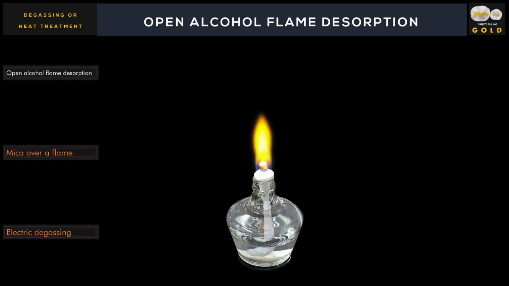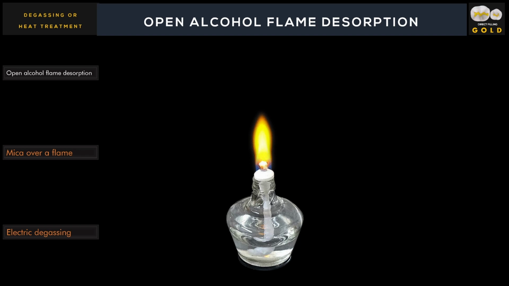Degassing is a procedure in which the surface contaminant like the ammonia gas or any other impurities present on the surface is removed by heating. The degassing or desorbing or heat treatment can be done by one of these three following techniques. That includes the open alcohol flame desorption, mica over a flame desorption, and the electric degassing. The open alcohol flame desorption is the most common type of degassing technique used for direct filling gold,